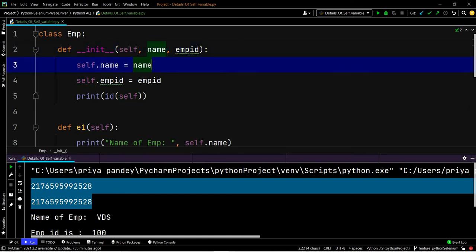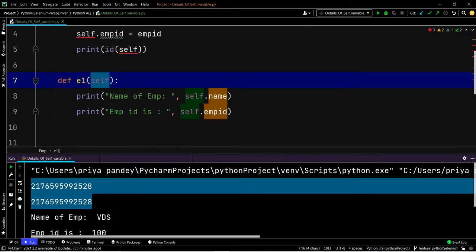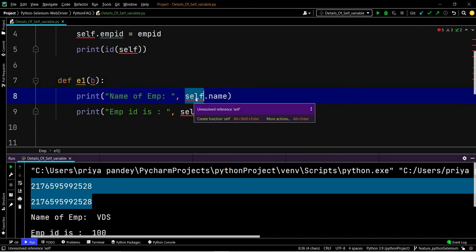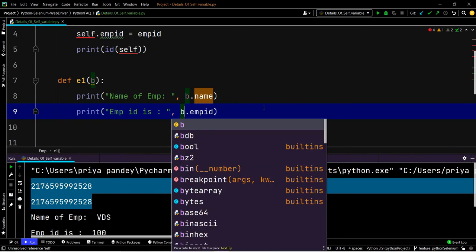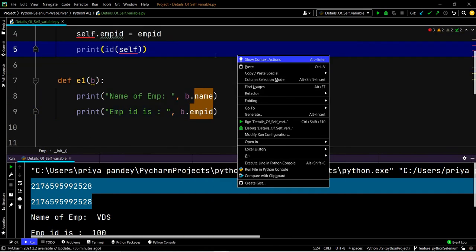This is the main thing I can say about self. As we know self is a variable, so it is not mandatory that we use self here. We can use a also here, and here we can use b also, but because we have used b here, we also need to use b here. Now if we print, it will print perfectly fine, no issue.